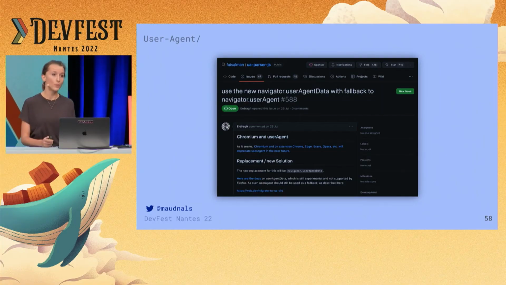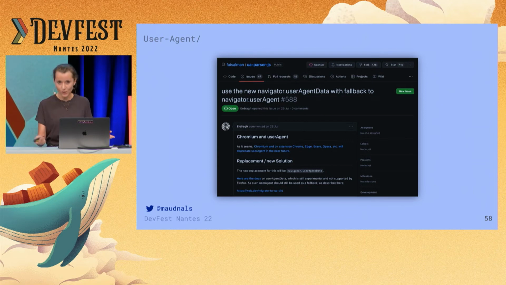All right. So there's that. Now maybe you're not using the user agent string directly in your code, but you have a dependency that does that for you. Maybe you have a lib that takes care of user agent string parsing.